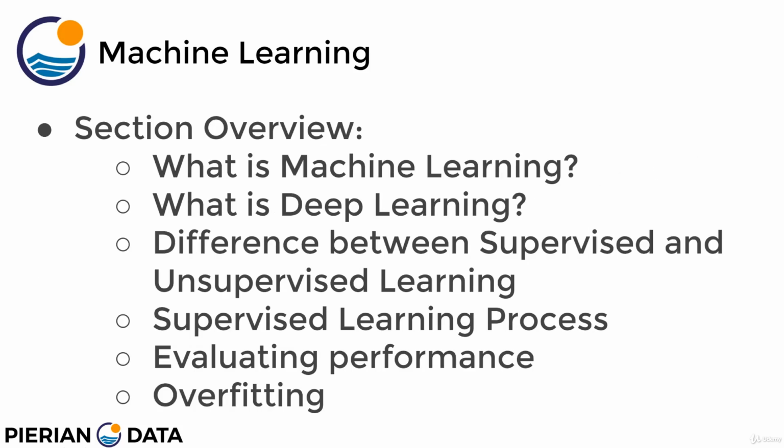We'll be covering, in this lecture, what is machine learning, as well as answering the question, what is deep learning? Then we'll talk about, in future lectures, the differences between supervised and unsupervised learning, the actual supervised learning process, and then how we actually evaluate performance. How do we evaluate performance for different tasks? If we're performing a regression task, like trying to predict the price of a new house on the market, or a classification task, such as trying to predict whether we have an image of a cat or a dog, there are different ways to evaluate how well our machine learning models are performing. So we need to take that into account.